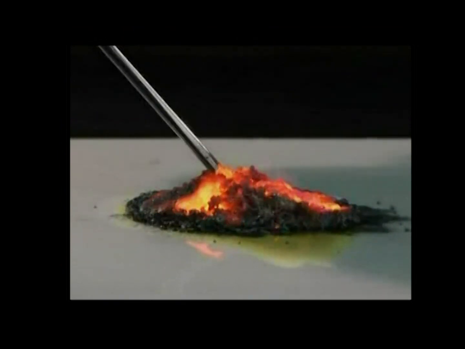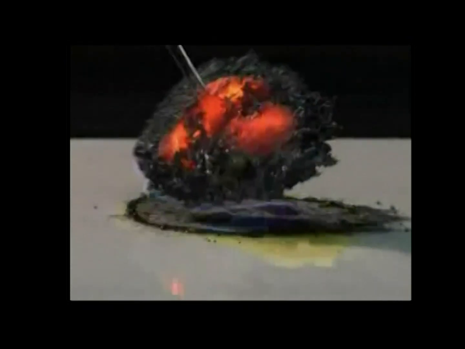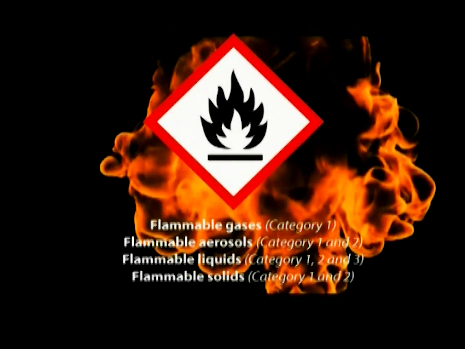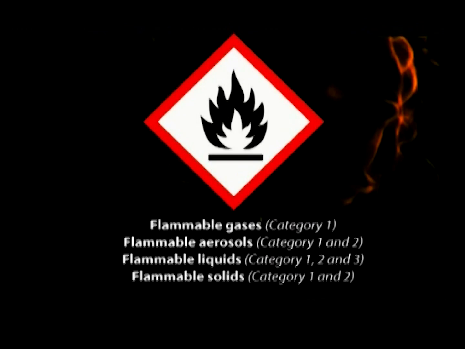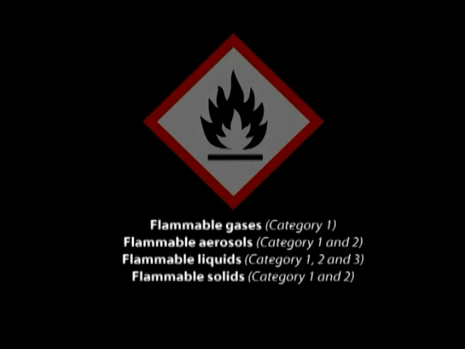The assigned hazard class and category are a guide to the type of hazard, degree of hazard, and the precautions to follow. Some products present more than one hazard and can belong to more than one hazard class. Let's look at each of the physical hazard classes and associated categories to learn more. The flame pictogram is used to signify flammable classes. Flammable gases, Category 1. Flammable aerosols, Category 1 and 2. Flammable liquids, Category 1, 2, and 3. And flammable solids, Category 1 and 2. The four classes cover products that have the ability to ignite, catch fire, easily, and the main hazards are fire